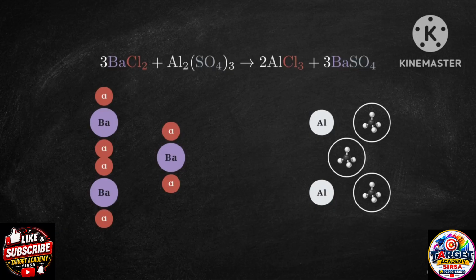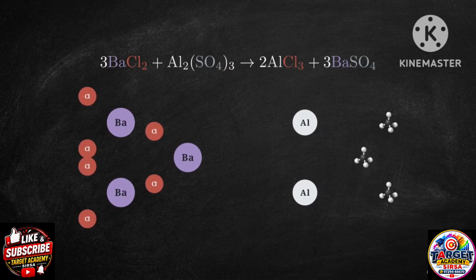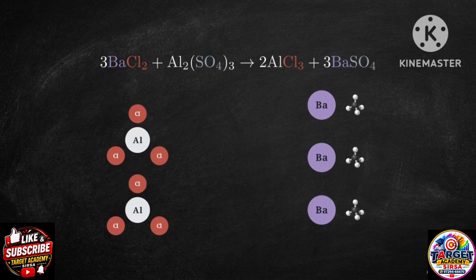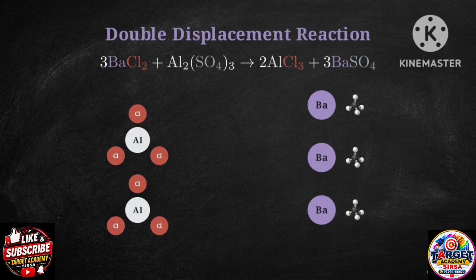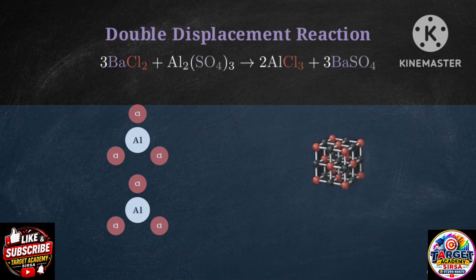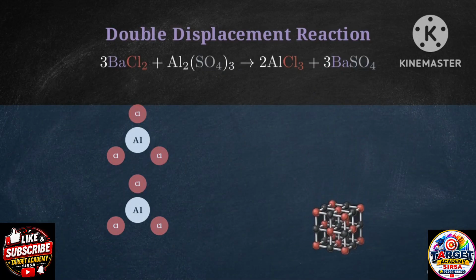Notice that our sulfate ions are already pre-grouped into polyatomic bubbles to keep our count organized. Instead of a single element pushing another out, these 2 compounds perform a mutual exchange of ions. The barium pairs up with the sulfate, while the aluminum pairs with the chloride. That mutual exchange classifies this as a double displacement reaction. The barium sulfate it forms is an insoluble solid that settles out of the surrounding water. Because it forms that solid layer, this is also called a precipitation reaction, showing how the physical result maps perfectly